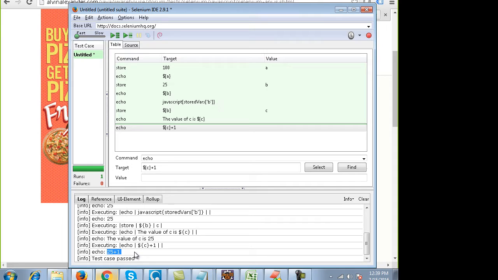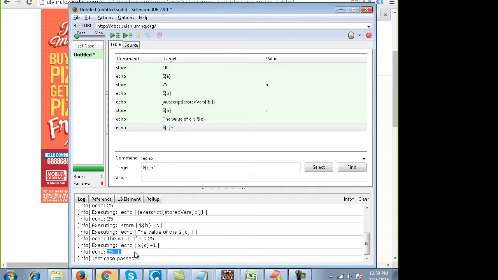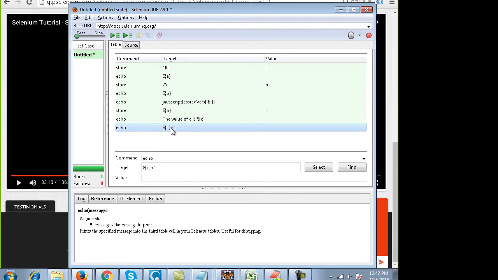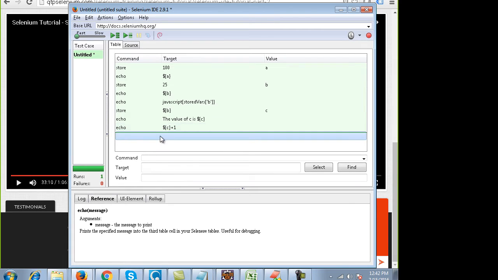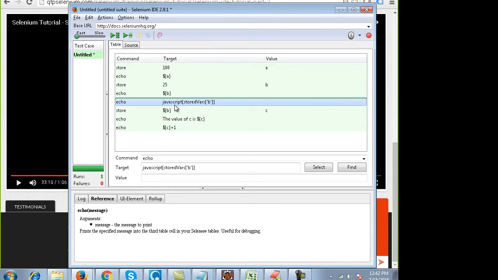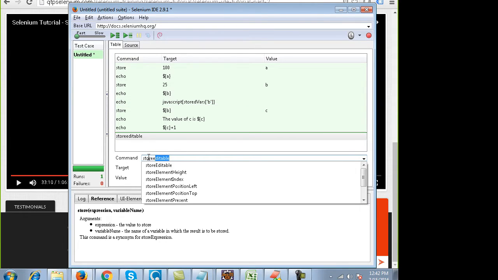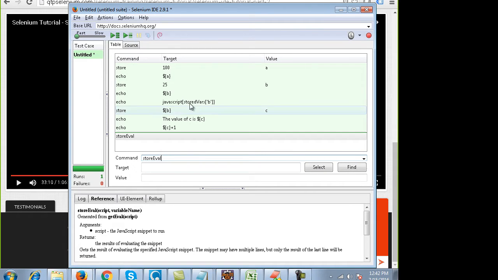Right. So what you need to do is write something like store eval. Okay, what is store eval? Look, I have given this command over here, JavaScript stored vars B. From the stored variable array, I need to get B, but I have to write JavaScript over here. There is another command known as store eval. That means evaluate the stored variable. Okay, right. And you just write over here